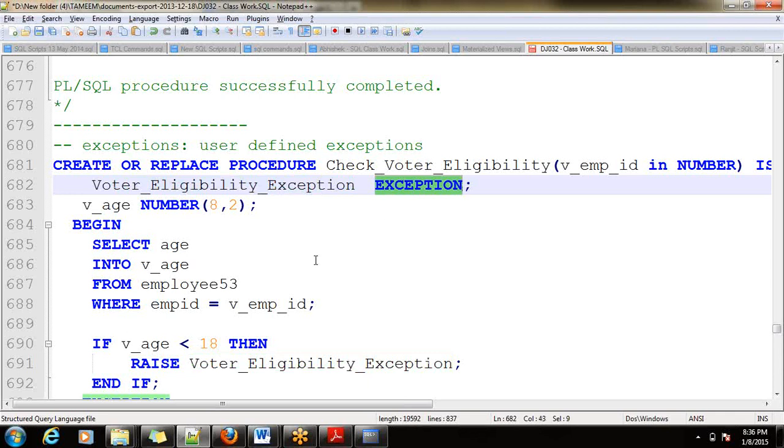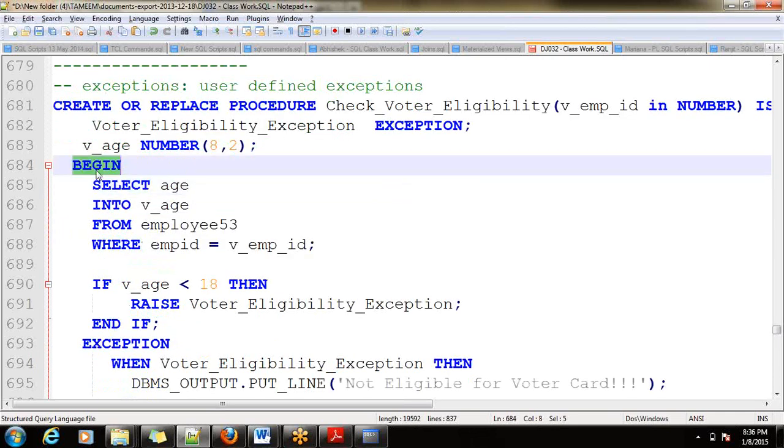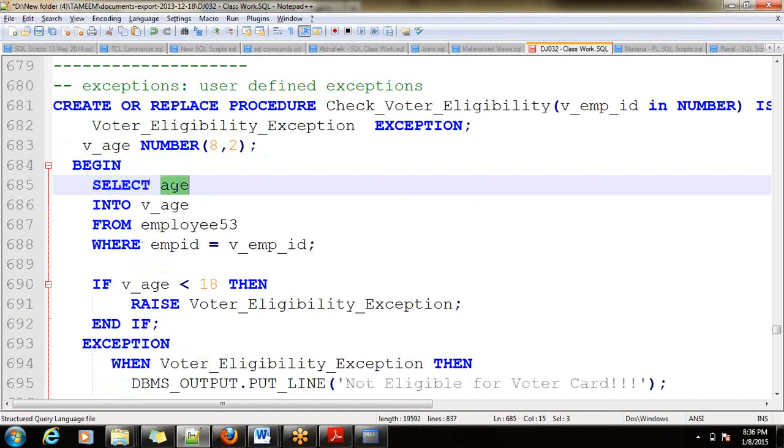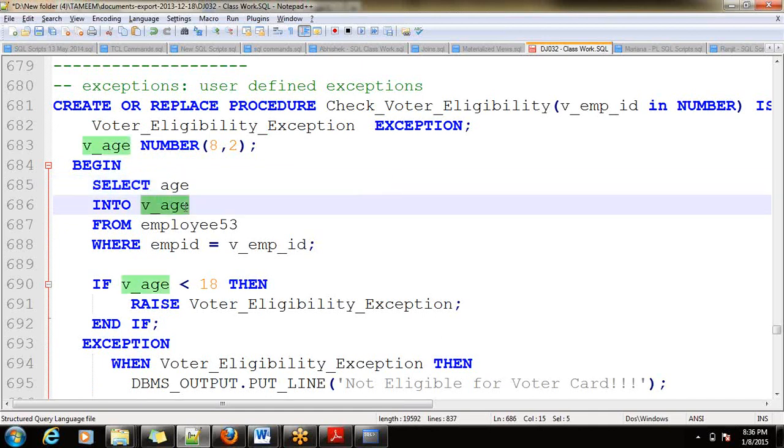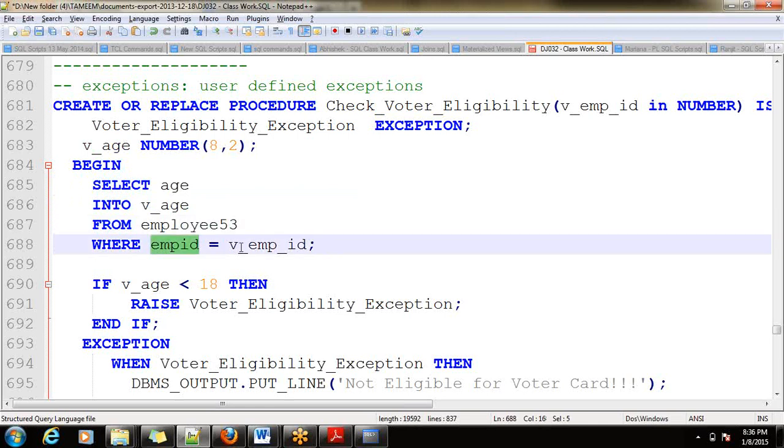I am going to take the age of an employee into a local variable v_age. Then in begin end, select age into the local variable from the table employee 53, where employee ID, that is EMPNO, employee number. Let me copy this and make changes.